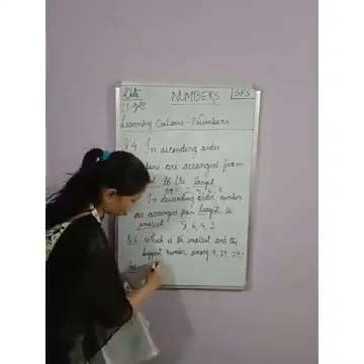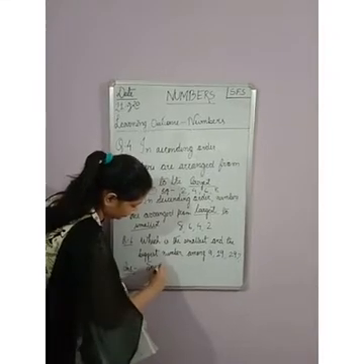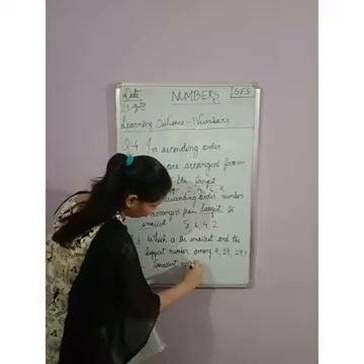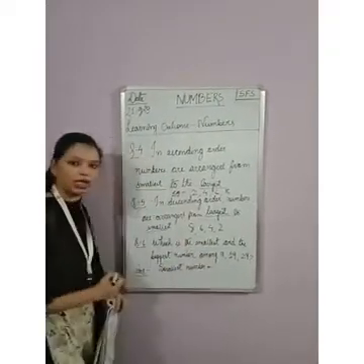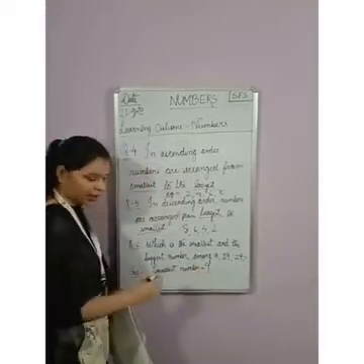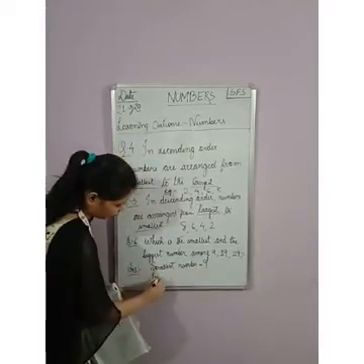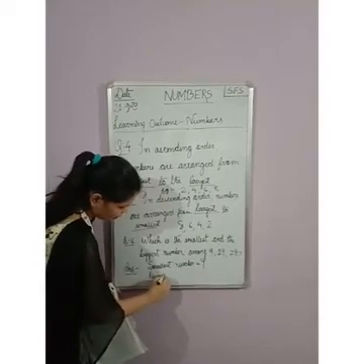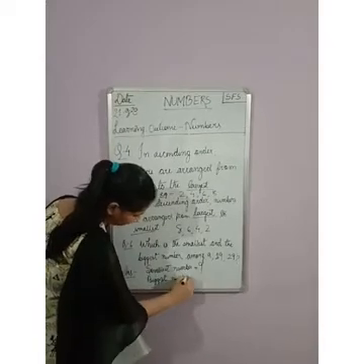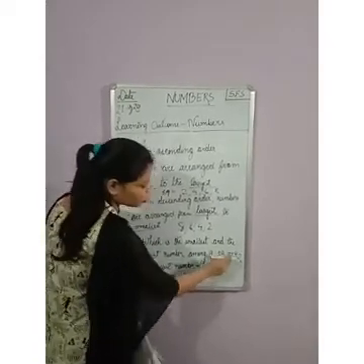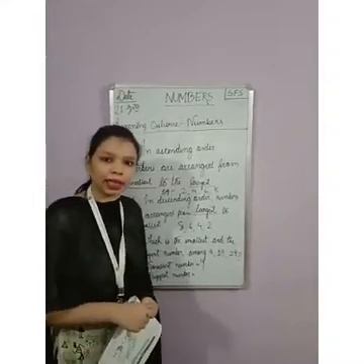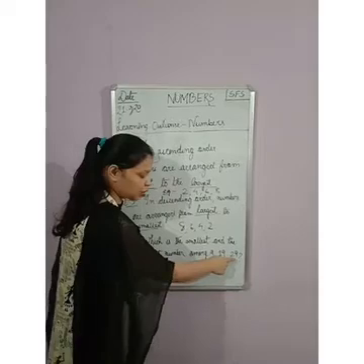Okay. So the smallest number equals, which is the smallest out of this? The smallest will be the 1-digit number, that is 9. Okay. And the biggest number, now we have 2-digit numbers, isn't it? 19 and 29. So again we can compare by making the place value chart, 19 and 29.